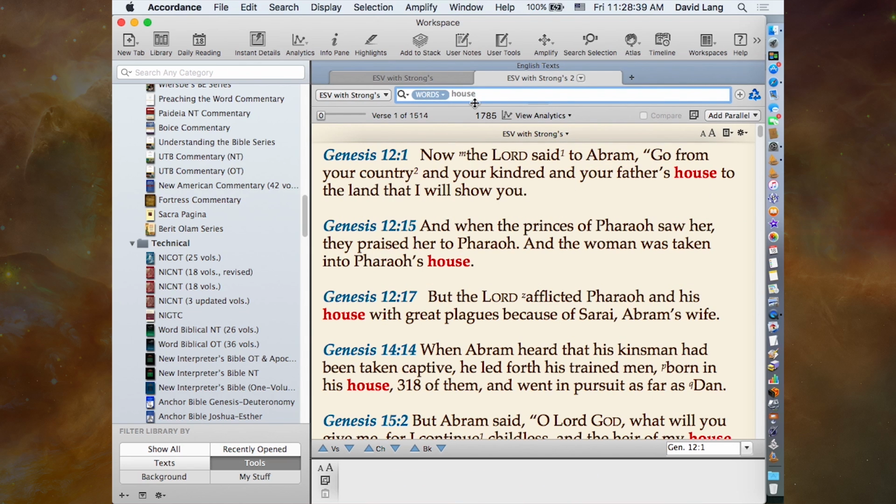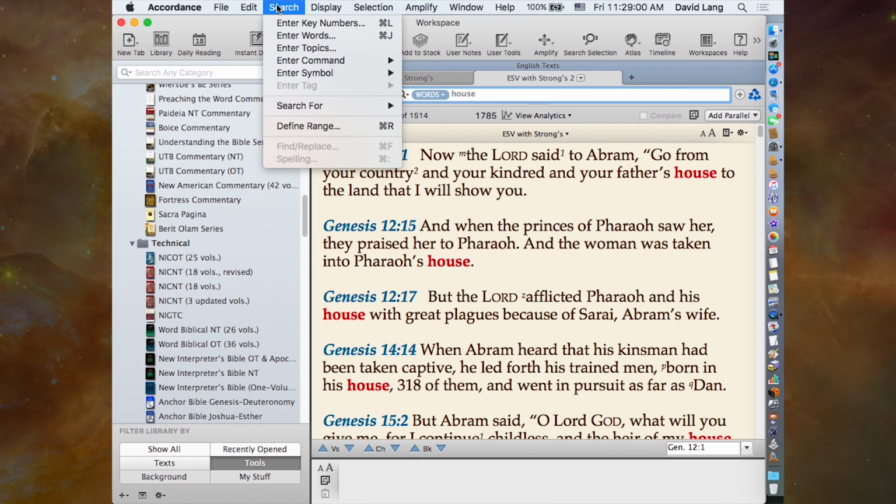Now I'm really only interested in 2 Samuel 11, the passage that I'm studying. So I'm actually going to modify this search and add a search command. And I'm going to show you more of these in a little bit. But under the search menu,